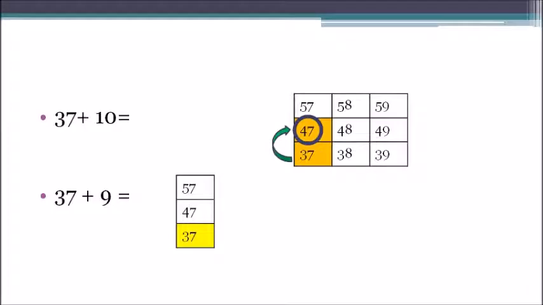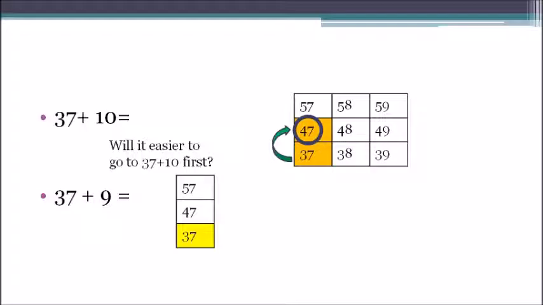Let's find 37 in your number grid. I have just shown the important part of that number grid, number table, but you have to find the number from the whole number grid which you have. Okay, so this is 37. We have to add 9 to 37. So is it easier to find 37 plus 10? We can easily take one step towards up and find the answer. But in case of 37 plus 9, we may face some problem.